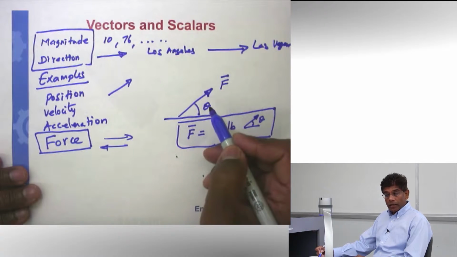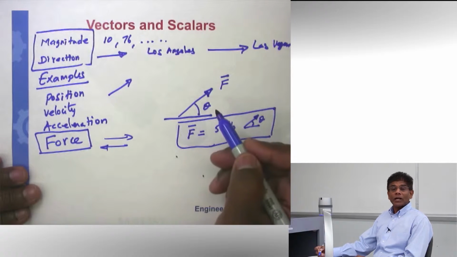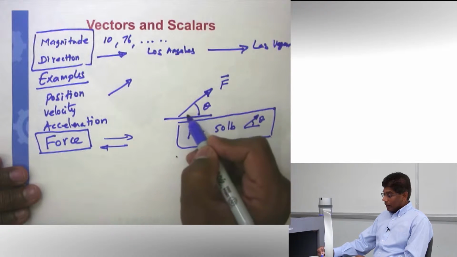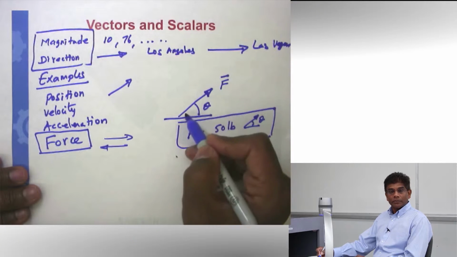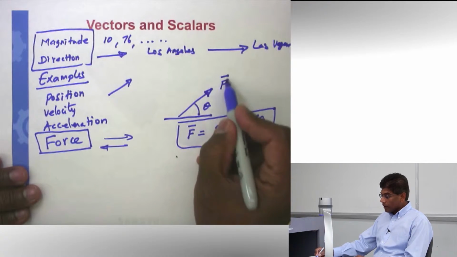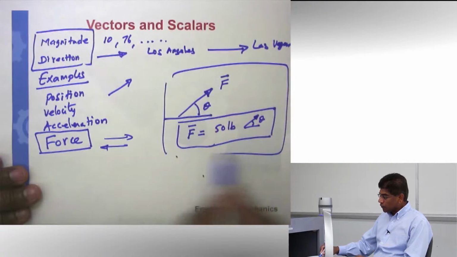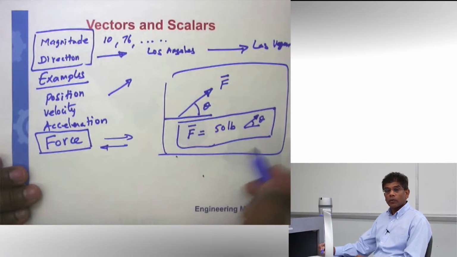In engineering, we want to speak a common language across the world. It doesn't matter what language you speak. If you represent a vector, people from different countries speaking different languages will understand. So it's very important you follow the notations. So this is the vector notation, and please follow this and do not ignore any one of those parts.